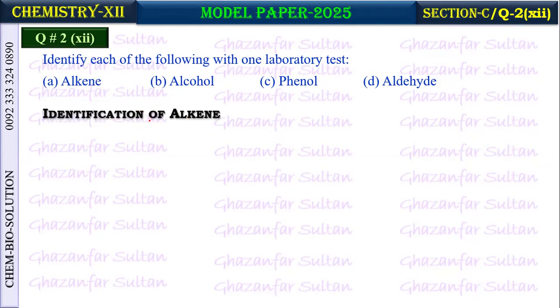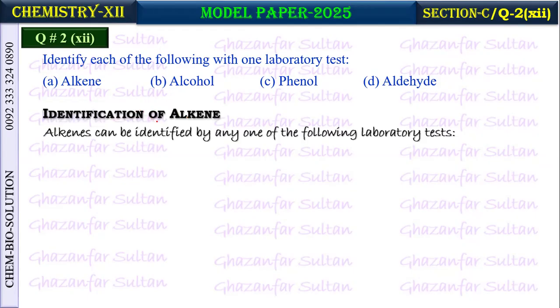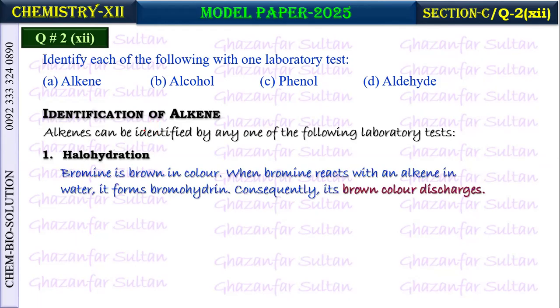Identification of alkene. There are several ways to identify alkene in laboratory tests. And one of them that is very important is halohydration. Halohydration means the addition of bromine and OH simultaneously on adjacent carbon atoms of alkene, or the sp2 carbons of alkene. So how does it identify? First, see the chemical equation. In this equation you can see that